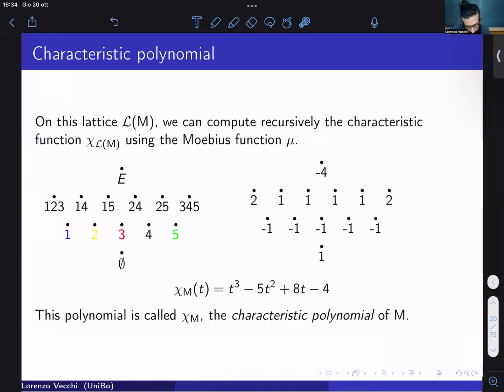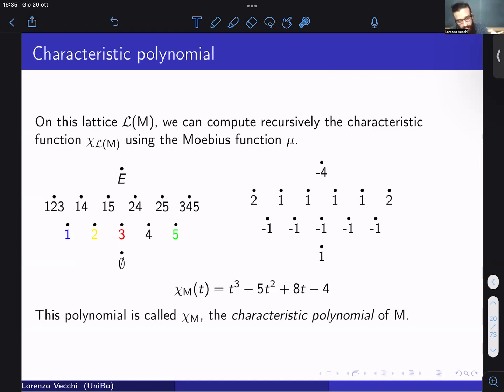Okay. A nice thing we can do on every poset, and we want to do it in the lattice of flats as well, is computing the characteristic polynomial. So we can do this recursively using the Mobius function mu of the poset. I think everyone knows how to do it, but here's an example anyway. The computation goes recursively. We start from the minimal element and we give it the value 1. And then for every other element in the poset, we look at everything that is below it, add up all the values that we already gave to them, change the sign,